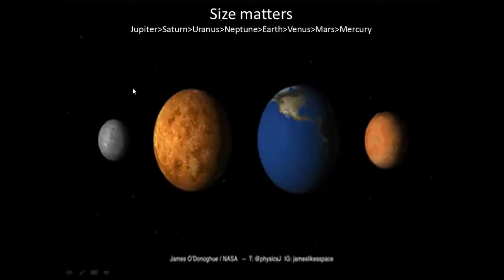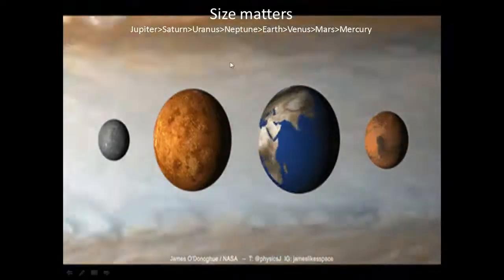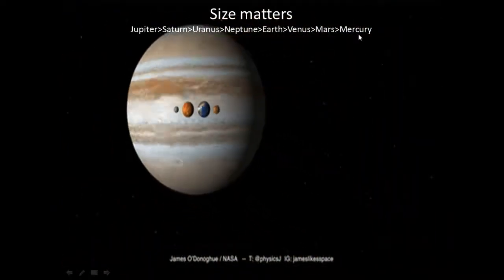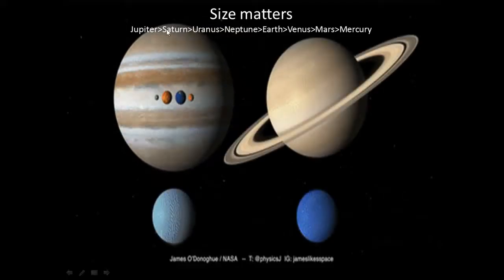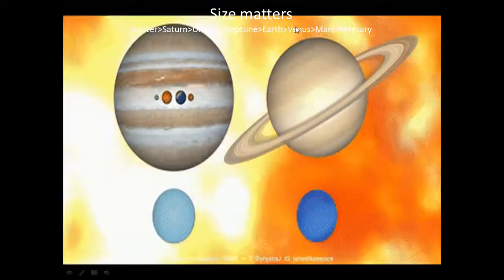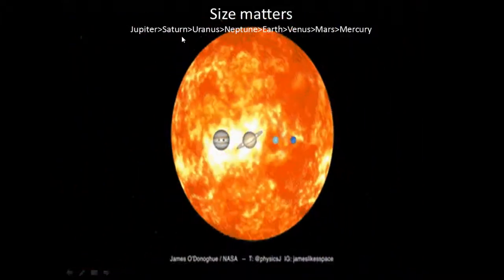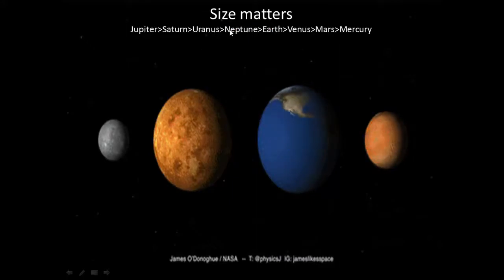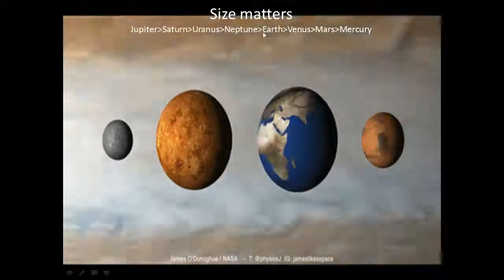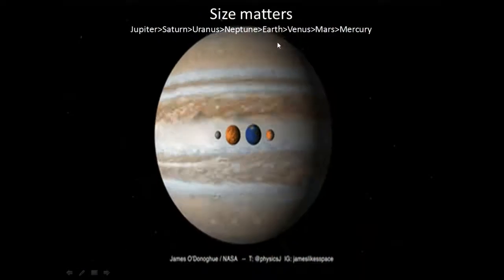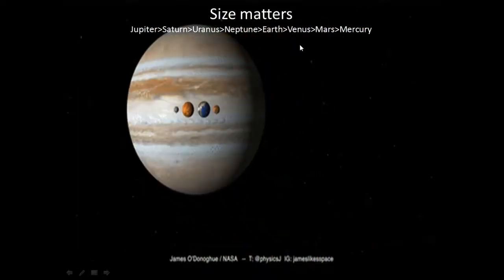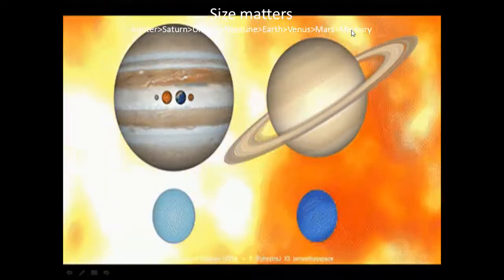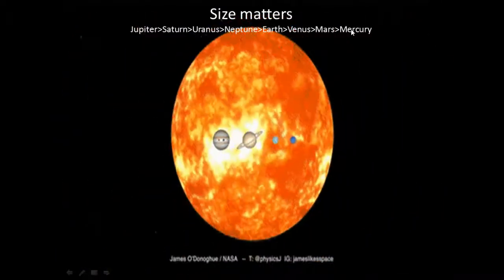We are already nothing in front of Jupiter, as you can see. Here you can see the size. Jupiter is the largest one and Mercury is the smallest one. This question has been asked previously in CGL, so you have to know that Jupiter is the largest, then comes Saturn, our Shani Dev, then Uranus, then Neptune, the outermost planet, then our Earth. Among the inner planets, Earth is the largest in size, followed by Venus, then Mars, then the innermost planet, Mercury.